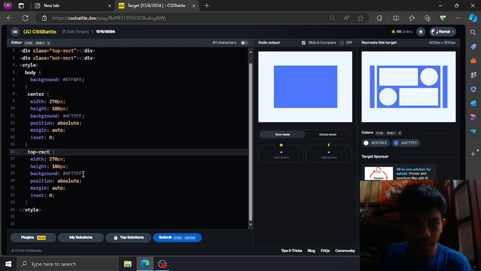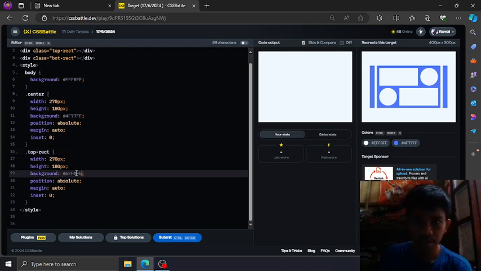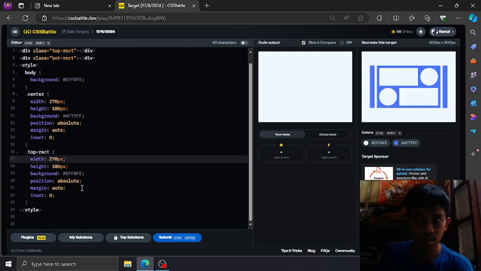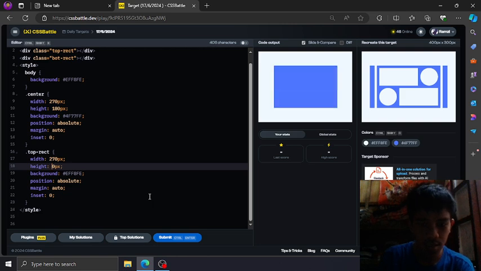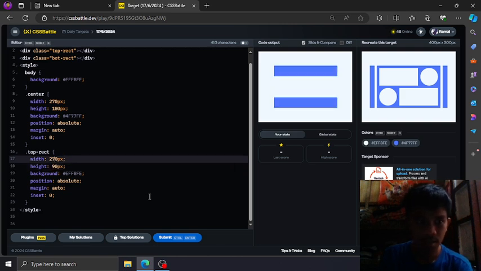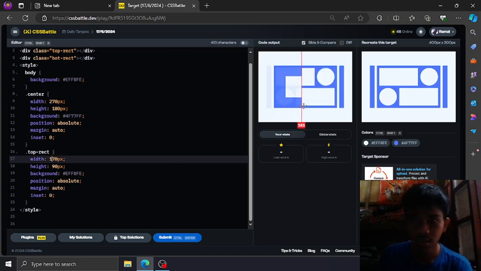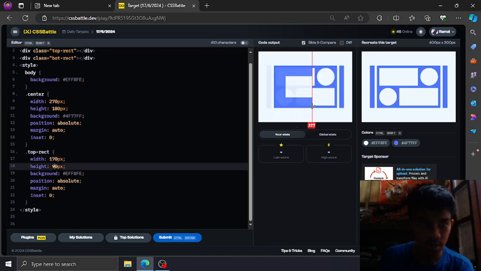Change the color to the background color. Then reduce the size. Reduce the width. And then push this to the top.